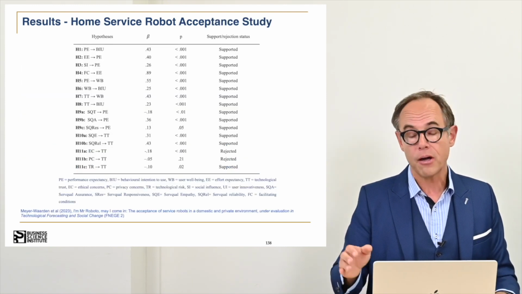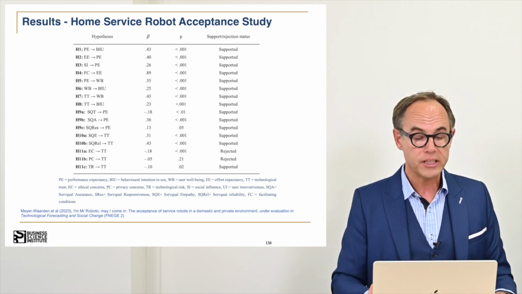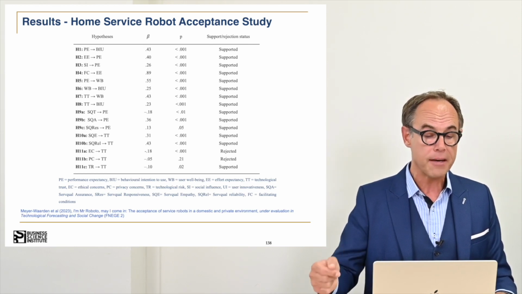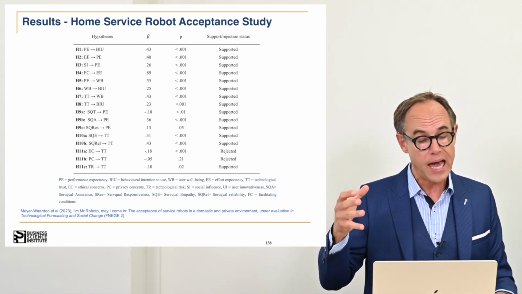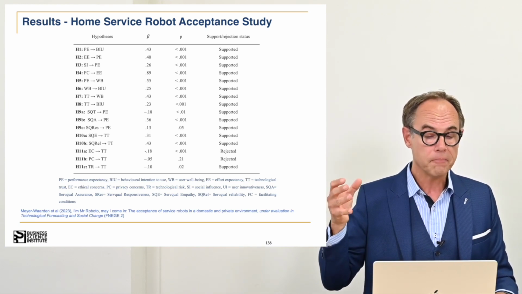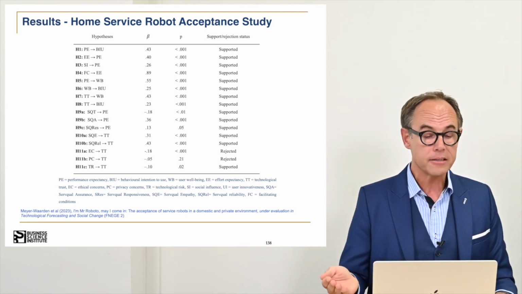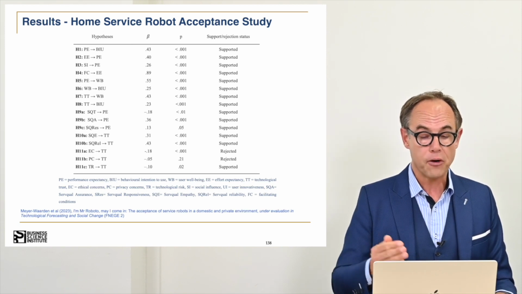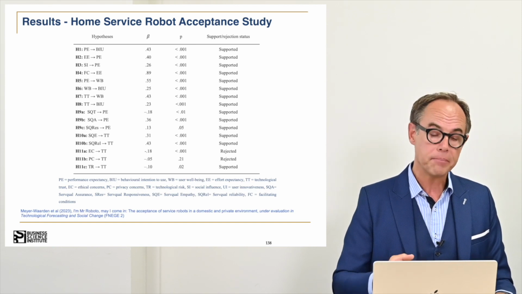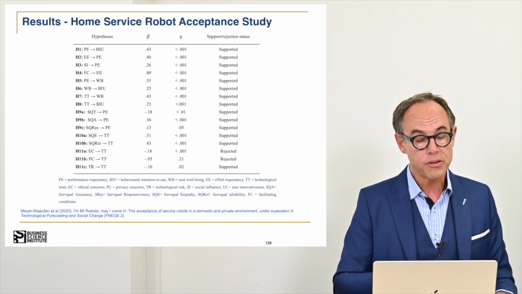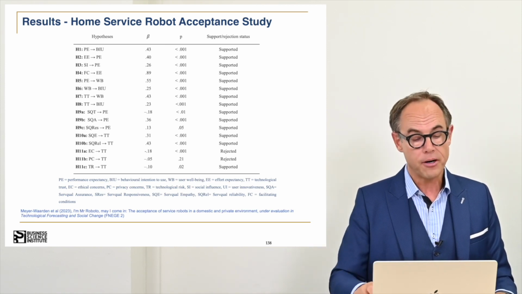We can see the same for the service robot study. Actually, the traditional UT variables are supported with our hypotheses 1 to 5. We always see that well-being is highly relevant for technology acceptance, and it's also impacted by factors such as performance expectancy in the model. Trust is highly important for well-being. Trust is highly important for intention to use, and the self-call variables are highly important to perceive higher performance expectancy,